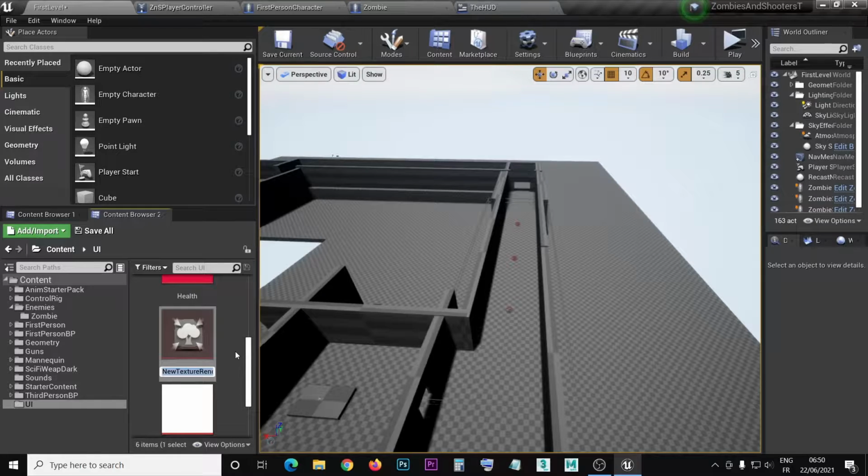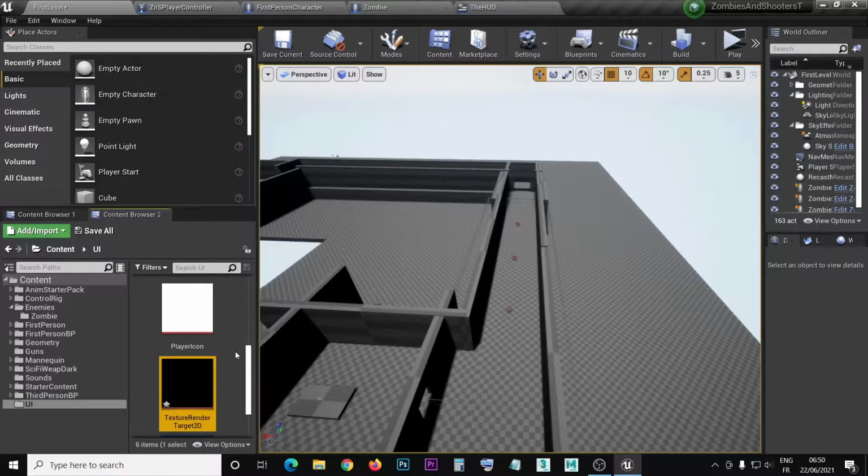So this is the render target texture of our capture component inside the first person character blueprint, sorry. Gonna just keep its name, texture render target 2D,